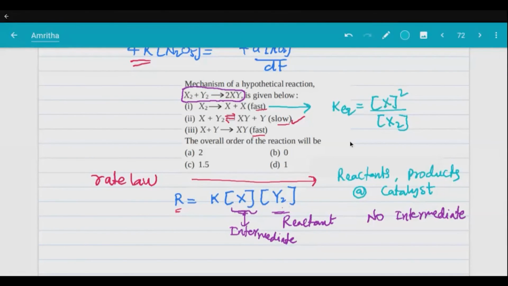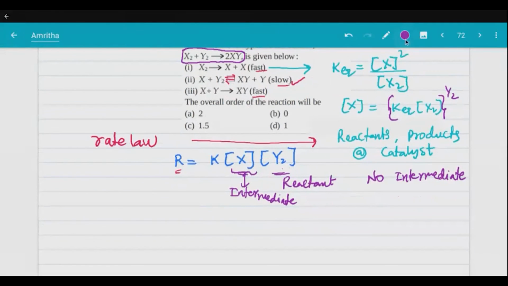What is x from this expression? x is K equilibrium into x2, power 1 by 2. So we'll substitute this x. R is equal to K into K equilibrium